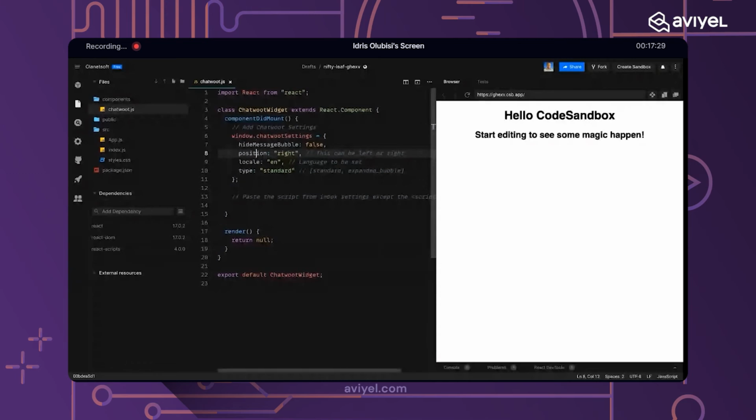If you want it on the left-hand side of the site, you can place it there. If you want it on the right-hand side, of course, the generic one we have been seeing, or the traditional one everywhere, is on the right-hand side. You can also specify the locale, which simplifies the language. In this case, it is English, EN. If it is France, I think it's FR. If it is Spain, I think it's ES. So we have other ones that you can easily configure. This is not limited to English. We also have type standard, which is the default for the window.chatwootSettings.